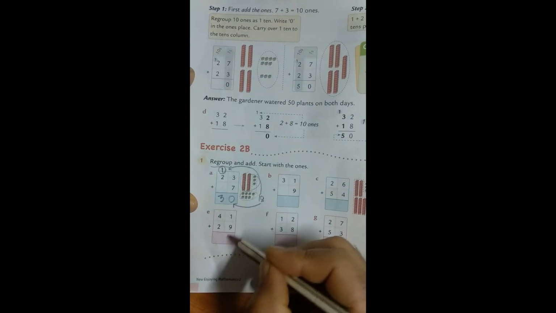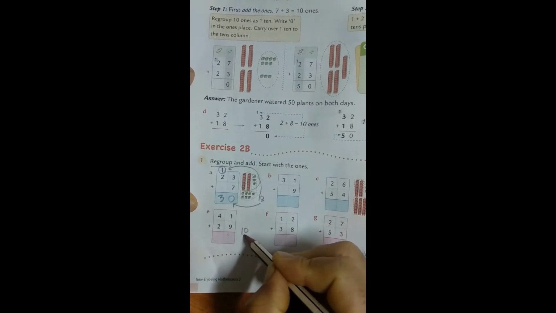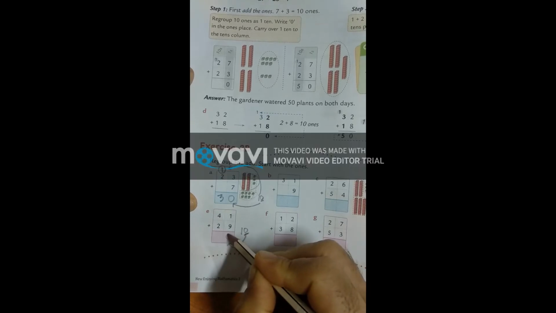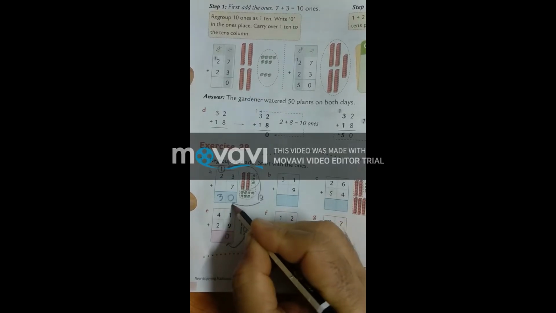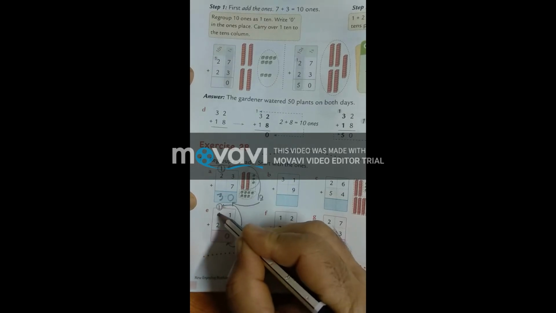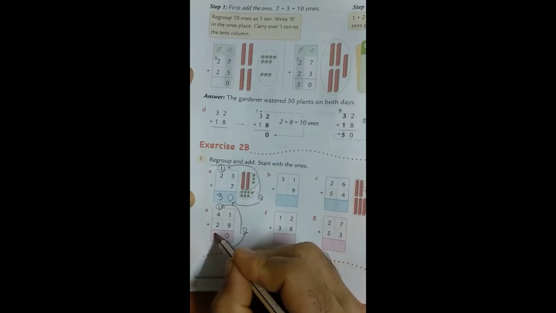And 2 plus 1 is 3. Here I am telling you one more part. 9 plus 1 is 10. If I write it sidewise, then where will this 0 go? 0 will go here. One digit will be here, and this tens digit will go here on top of the tens digit. Then add this one. 4 plus 1 is 5. 5 plus 2 is 7.